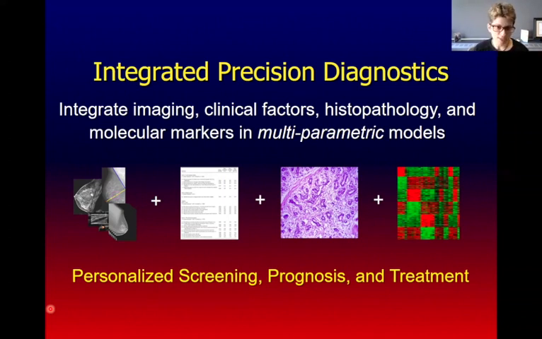So from a modeling perspective, I think where the research and clinical relevance is moving towards what we would like to call integrated precision diagnostics. Developing these models that will integrate information from imaging, electronic medical health record data, digital pathology, conventional histopathology, genomic and genetic data, and put that information together to create multiparametric models that will allow us to personalize screening, prognostic assessment, therapy response evaluation, and so forth.